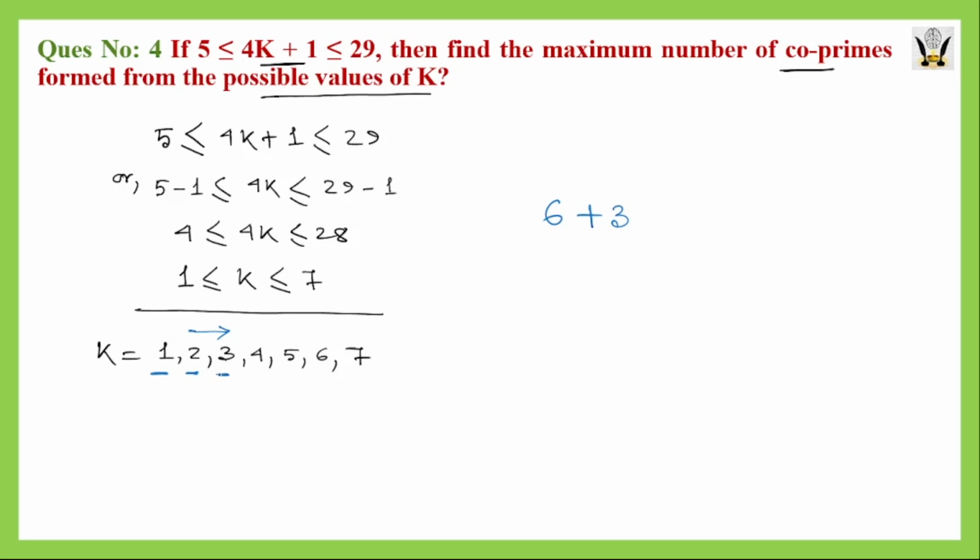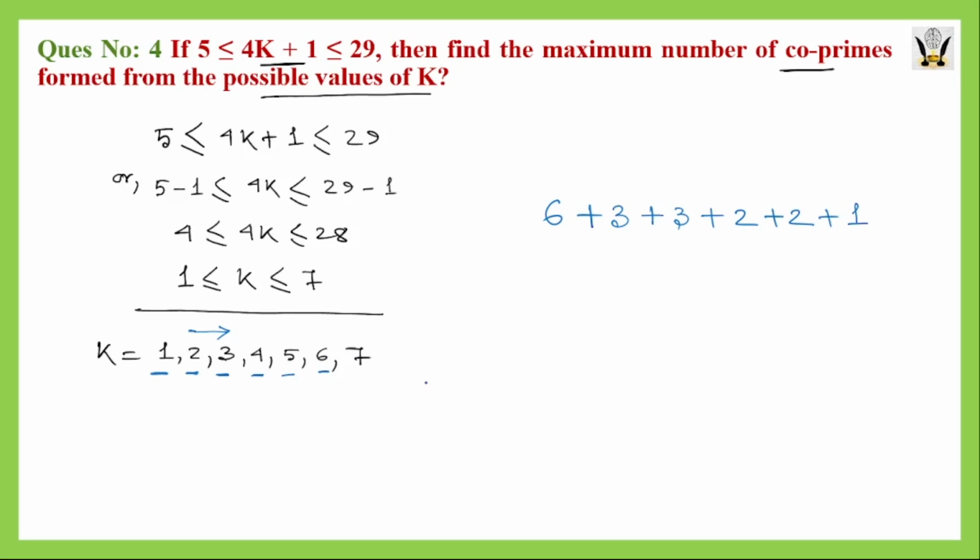Then with 3, 4 can form co-prime, 5 can form co-prime, 6 cannot because 6 is a multiple of 3. But 7 can form co-prime. So that means with 3, the number of possibilities of forming co-primes is 3. Then for 4, 4 can form with 5, 4 cannot form with 6, they have a common factor, and 4 can form with 7. So for 4 it will be 2, and then for 5, 5 will form with 6, 5 will form with 7, so that will be again 2, and for 6, 6 will form with 7, so that